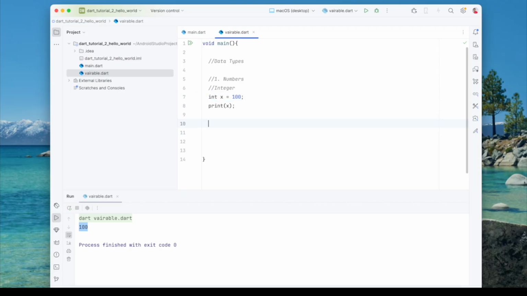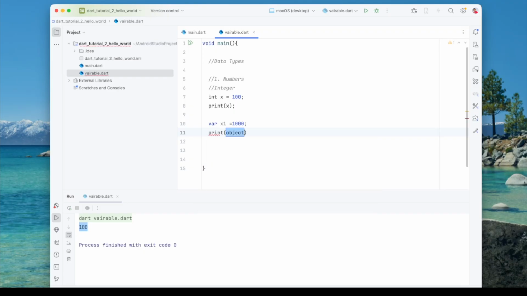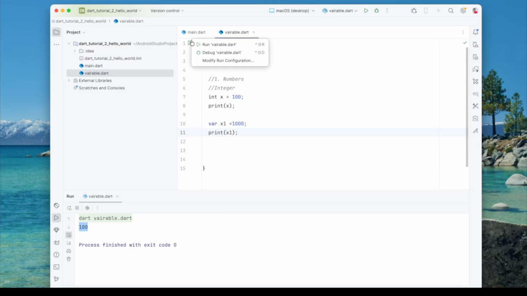Another way is we can use the var keyword, and then the name of the variable, x1. This time I'll use x1 = 1000. Let's also print the x1 variable. Again I'll use the print method, and then I'll pass x1. Run it again. Now we can see output